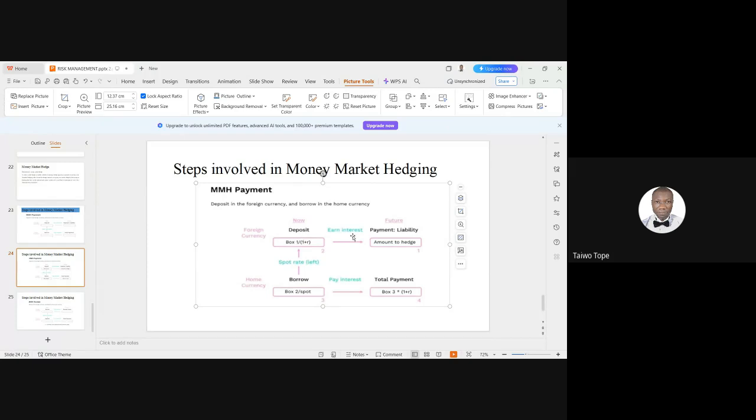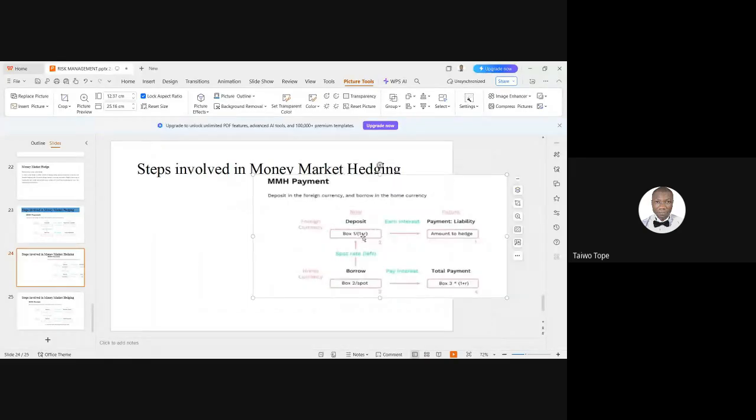How much will you deposit now in relation to the payment you have to make? Once you determine that, the interest rate or the deposit rate in relation to this box one, you determine that. So it means the value in box one,